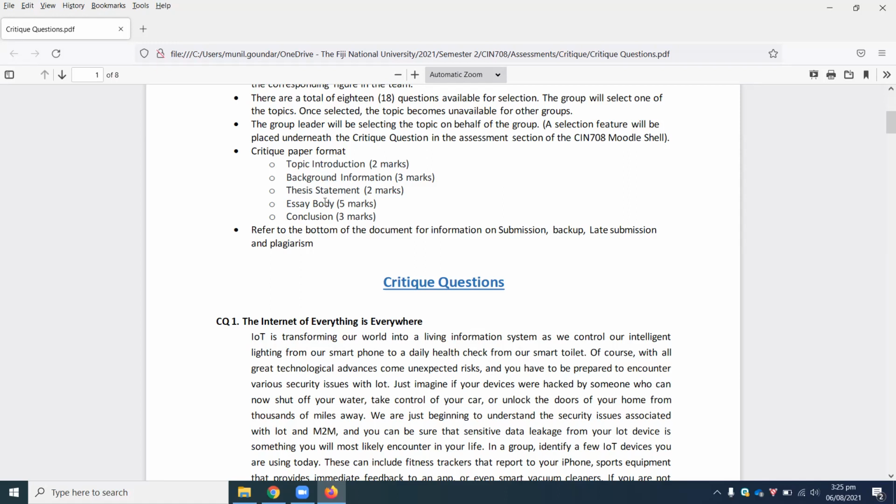With that said, you can use any form of citation or referencing structure. If you're coming up with points, if you're coming up with arguments, you need to have references. And which kind of referencing to use? You can use any. You can use APA, you can use Harvard, whichever you find easy. Is that okay, everyone? Any questions, any queries?